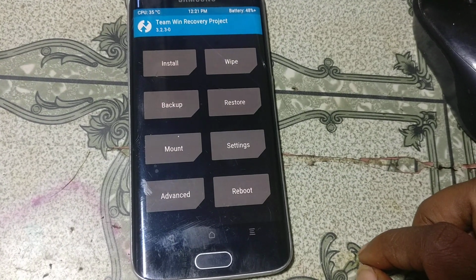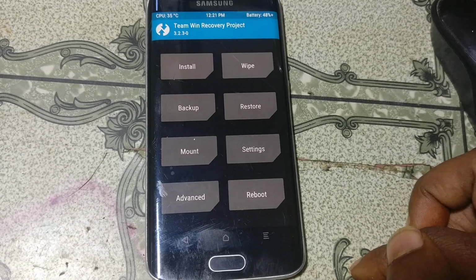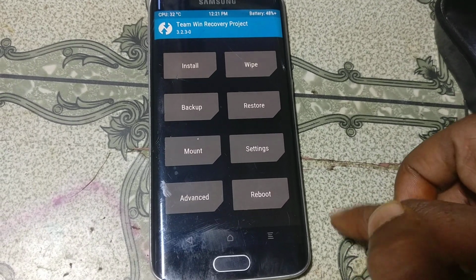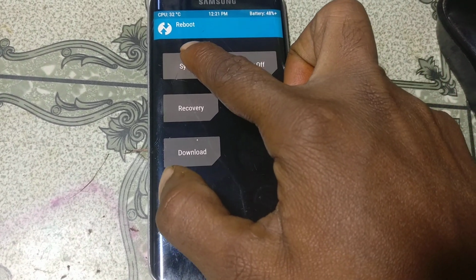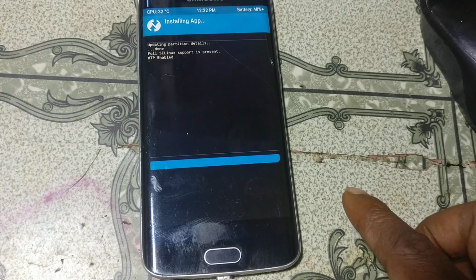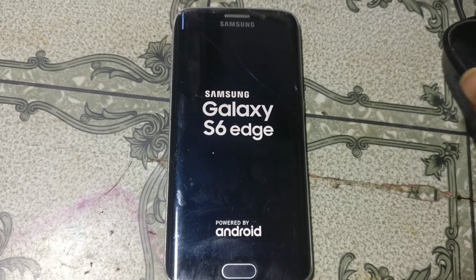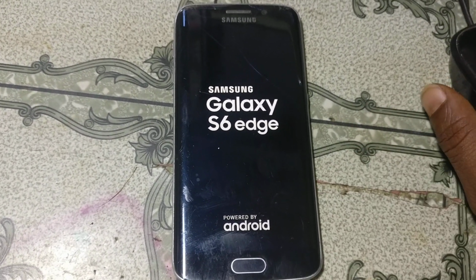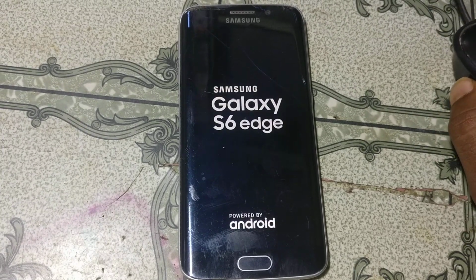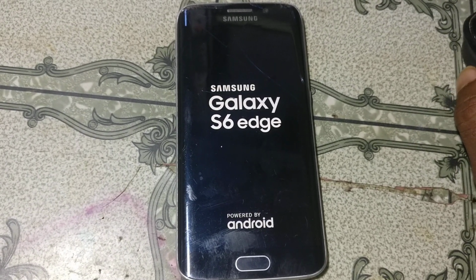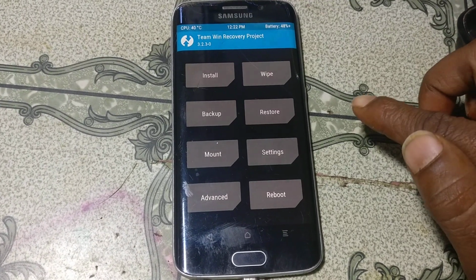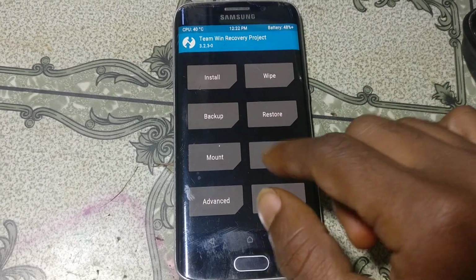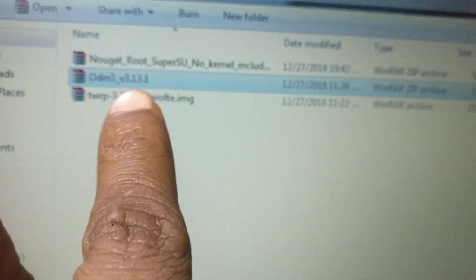You can try to tap on reboot. If your mobile does not reboot normally, then you need to install another file. Just tap on reboot system. If you come back to this screen, just install